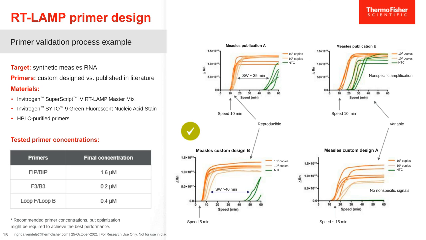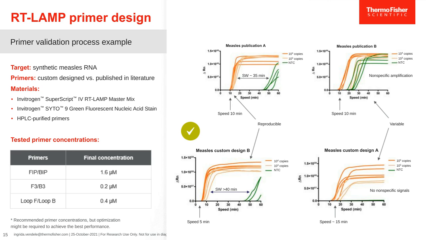At the top, we're looking at primers from publications, and at the bottom, custom designed. What we are looking at in the LAMP kinetic profile is fast reaction speed. We want to have a fast LAMP outcome. We want to see good reproducibility between technical replicates, so they should overlay each other despite the RNA copy input. And we want to have a wide, long specificity window between specific amplification and non-specific amplification start, which is indicated